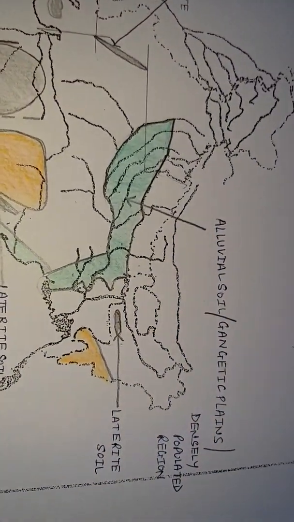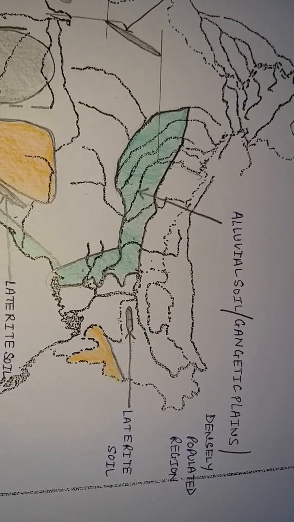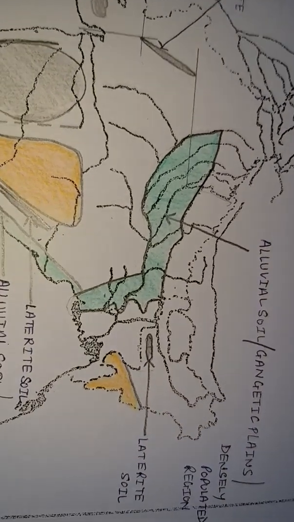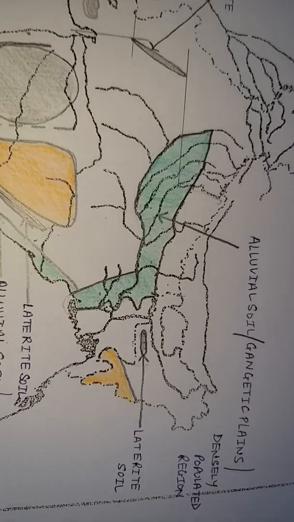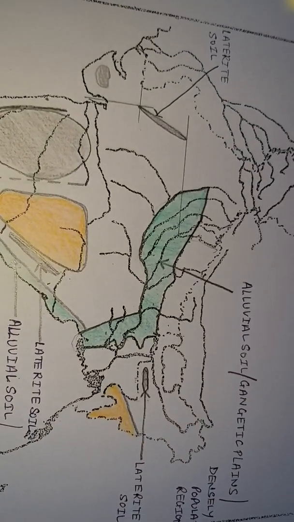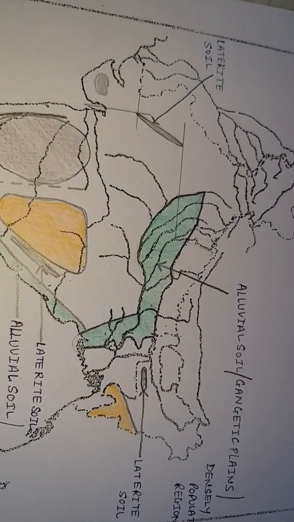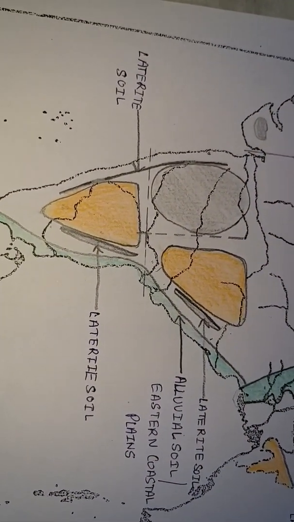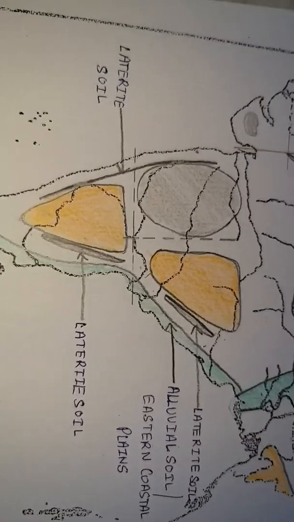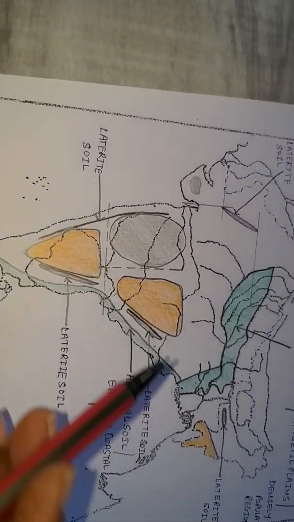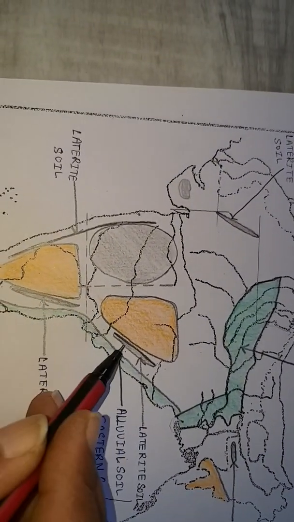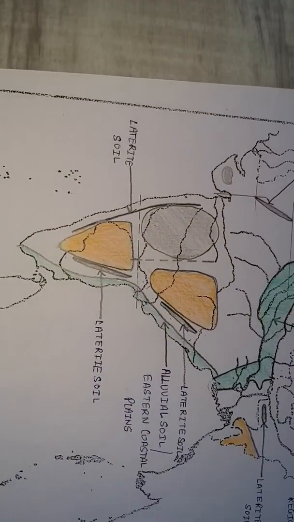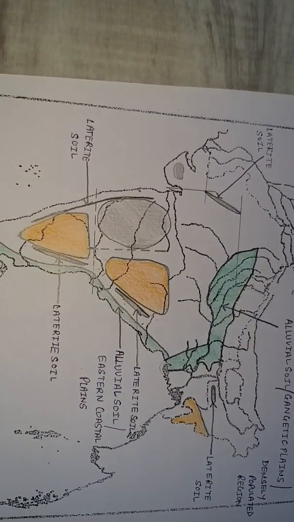This side in northeast part we had shown it on the summits of Garo Khasi Jayantia Hills. Both the patches which we had marked, Aravali and northeast India, fall above Tropic of Cancer. And below Tropic of Cancer we had marked laterite soil on the summits of Western Ghat at this place and on the summits of Eastern Ghat on this side. Right? So this was all about the map pointing of laterite soil.